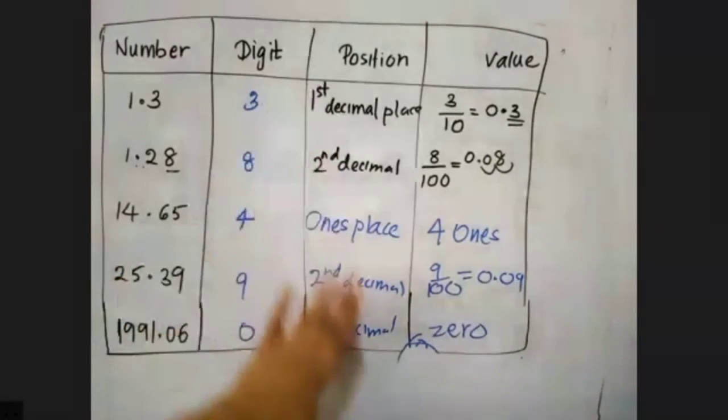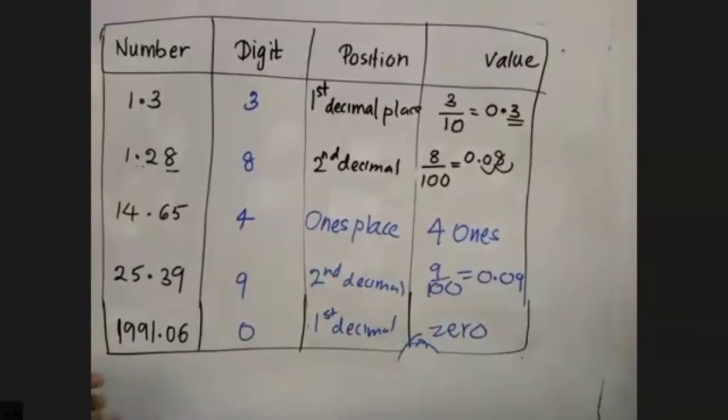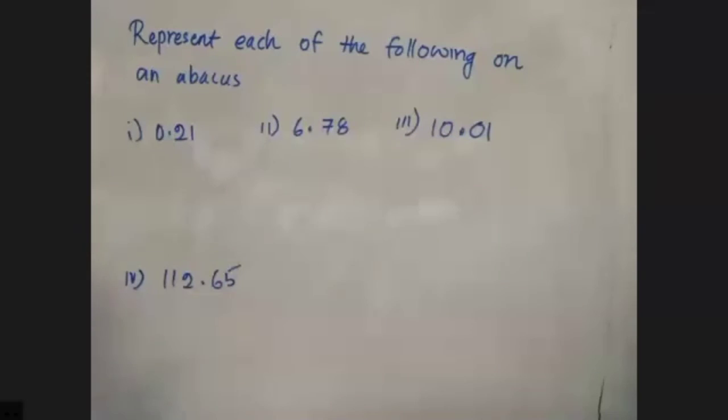They can ask you about the position of the value. They can ask you the exact value represented by that number. Likewise, these are the possible questions that you can get. Other than this, you can get asked to represent in an abacus. So let's practice that kind of question also. Here there are 4 questions for you to represent each of them on an abacus. So draw the abacus yourself, name them with the correct place values and positions, insert the number of beads exactly, and we'll see how you are doing that, right? Try it on your own first.